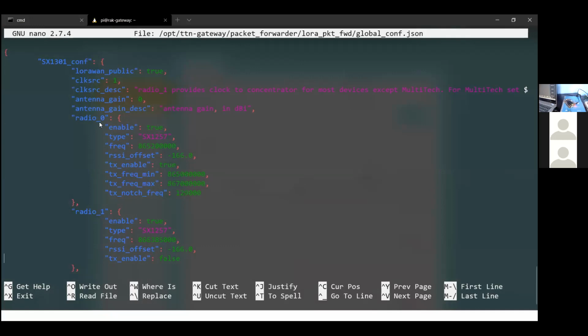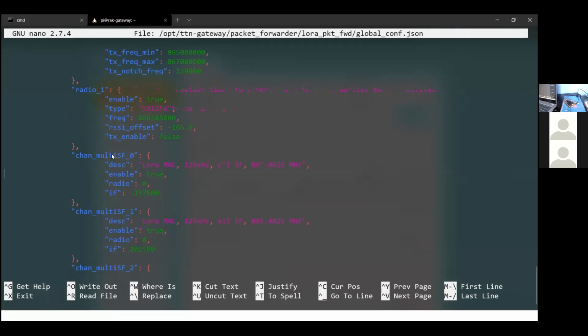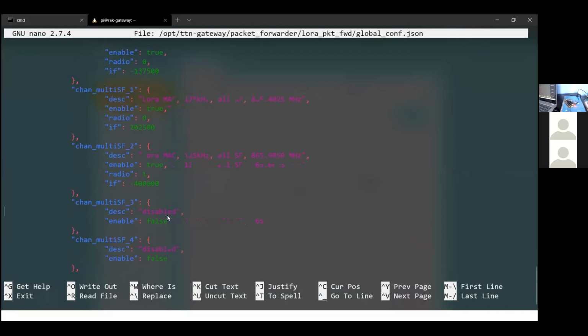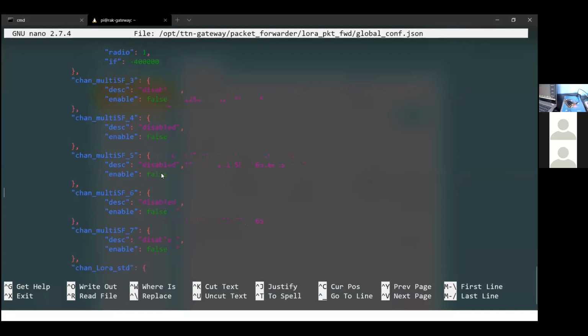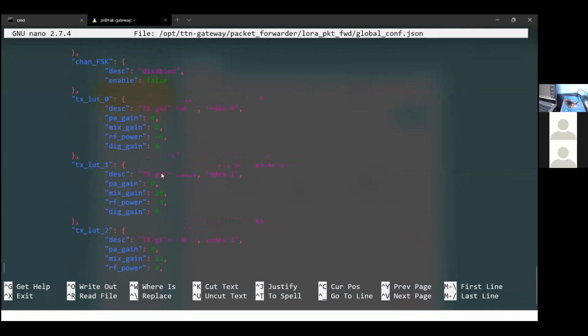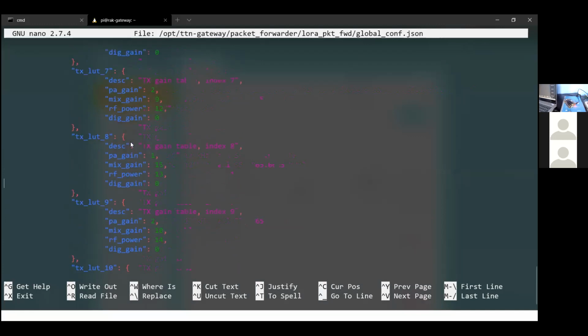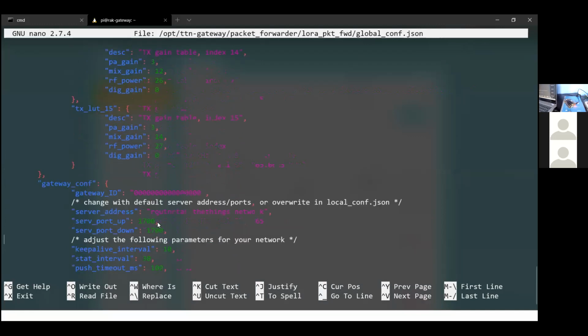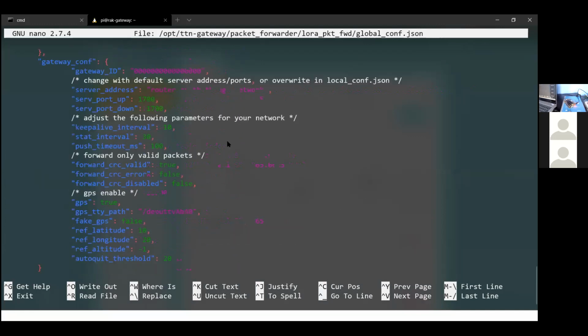Okay, so I'll scroll down. This is radio 1, this is channel 1, and again channel 2. For other channels, you can just give channel offset. Okay, so this channel offset will be subtracted from the original frequency. You can see channel offset 1, 2, 3. So you will have all these channels. So in India only 4 channels are enabled, I think, but basically there are 16 channels. Okay, and for TX, and for uplink and downlink, you have to configure all these radio parameters. Okay, so right from the frequency to all sorts of things you have to configure.